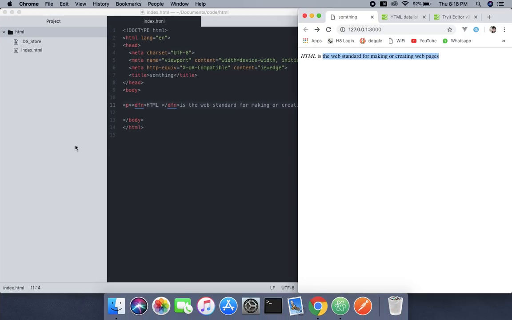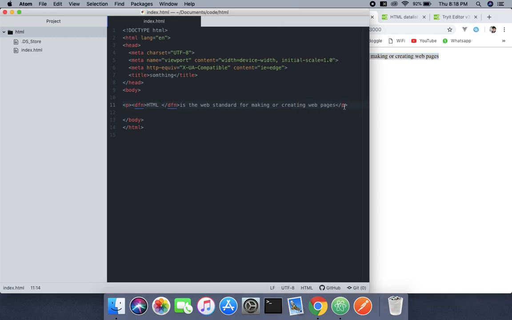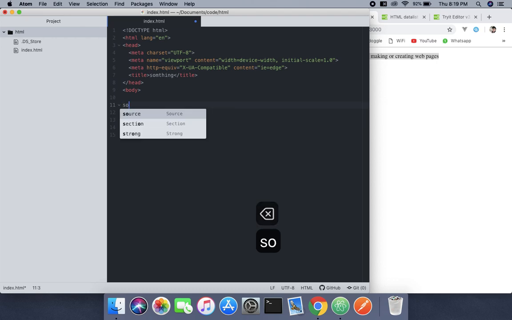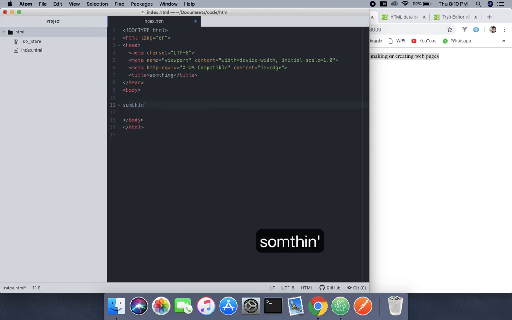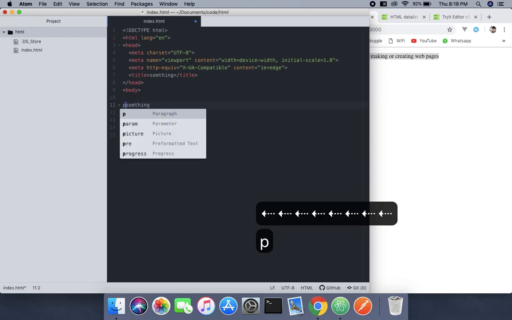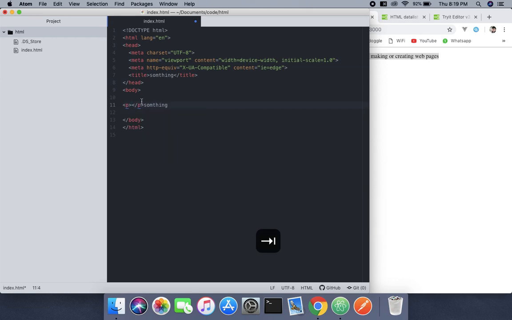So what I'm going to do is just write something, called something, and I will put it inside the p tag. After that, I'm going to use the em tag and write something,